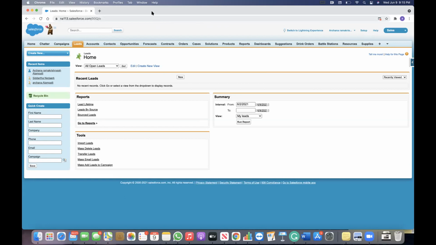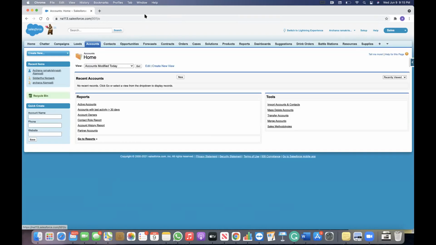Archana, can you please hover on the accounts tab? Okay, you can click on it. So this is basically to store the information about the company. Let's say yours is a product-based company and you sell products to the customer. We can take the example as training products, something like that,